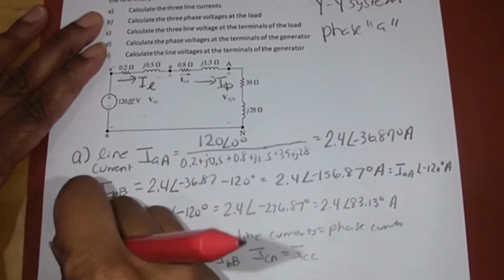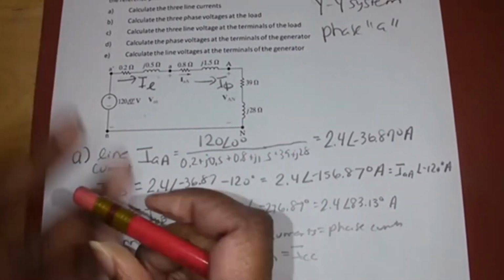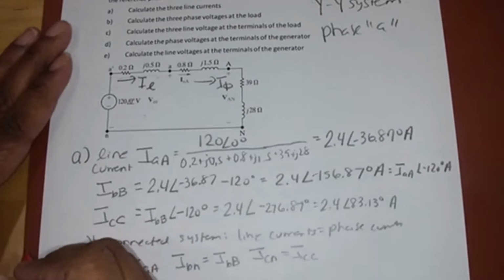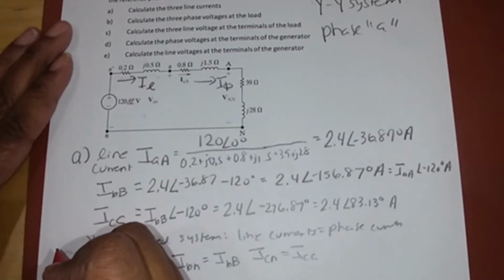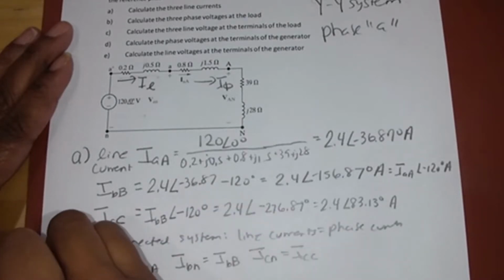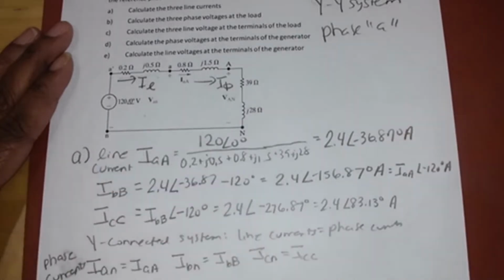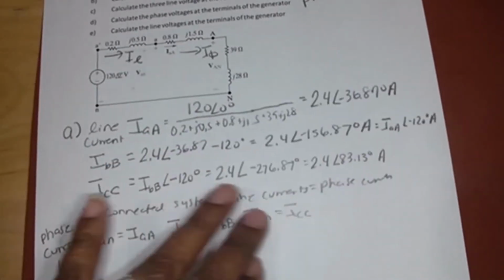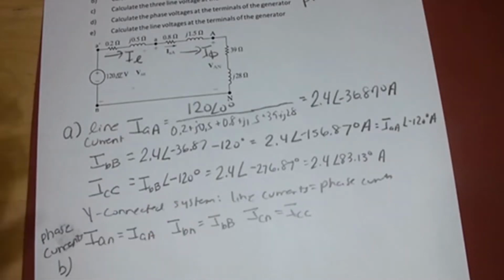The next part is asking for voltages. I was giving you line currents and phase currents. So this is done. Does it not ask for phase currents anywhere? I guess it doesn't. All right. So here are your phase currents. You're right. So now the voltages, the relationship is